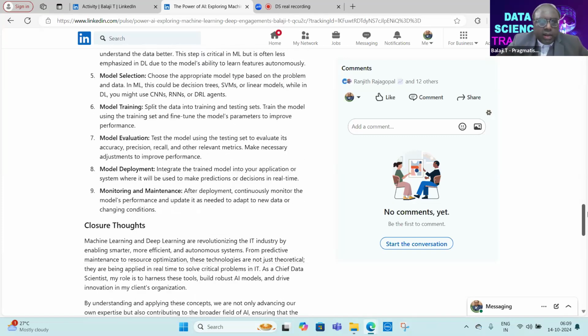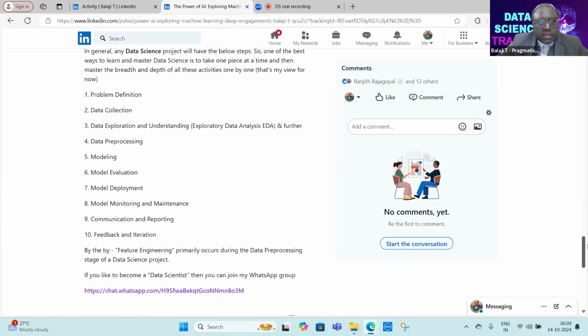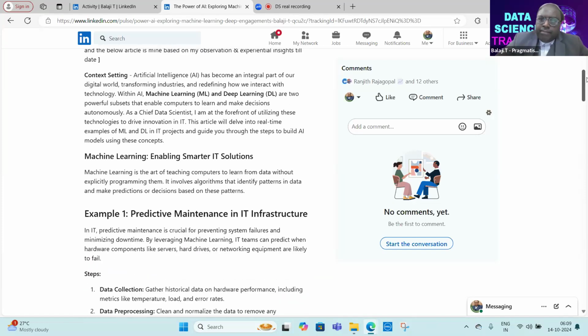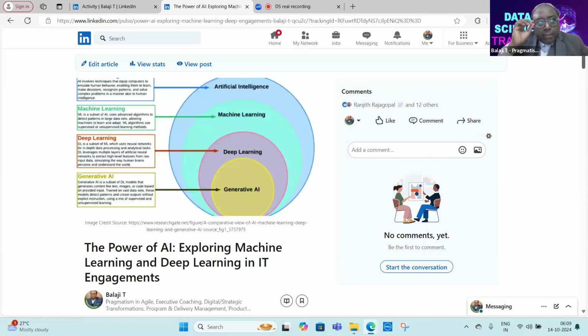So go through this particular article, you will try to understand at least on a high level. For some people who are very beginners in this data science field, while you are going through the article, you may not come to know exactly each and every line, but at least you will come to know what I know clearly, what I don't know clearly.